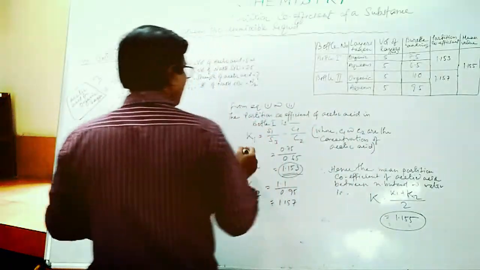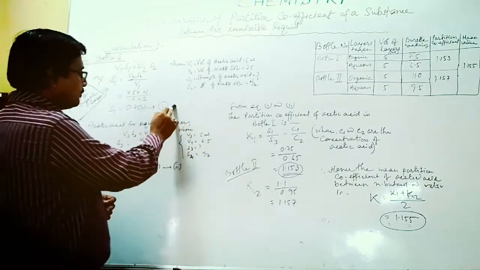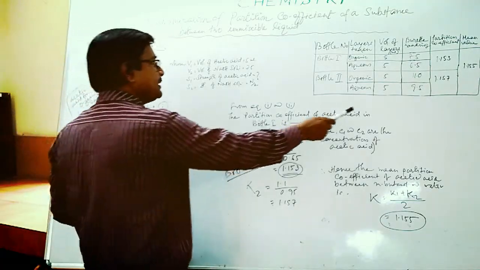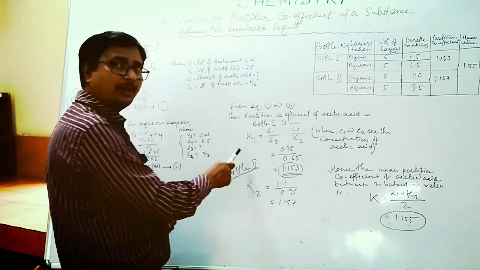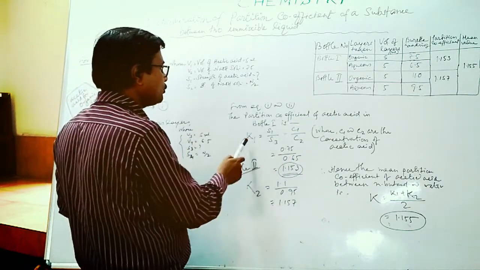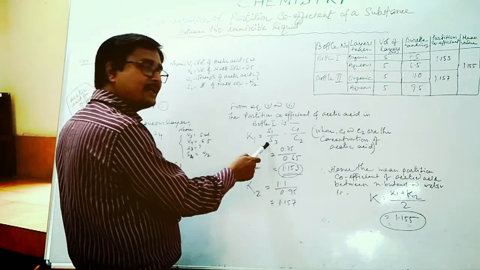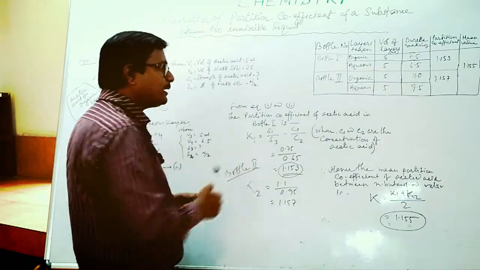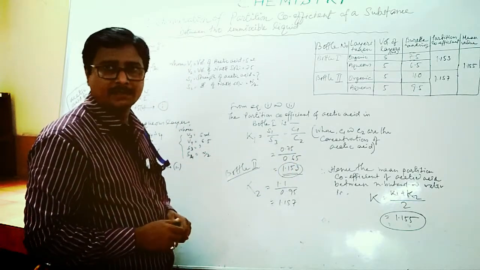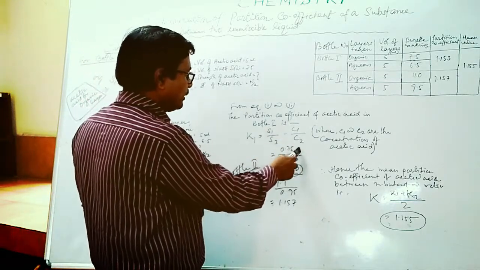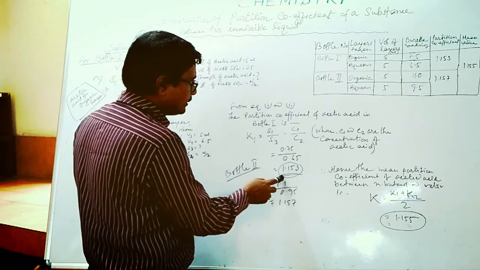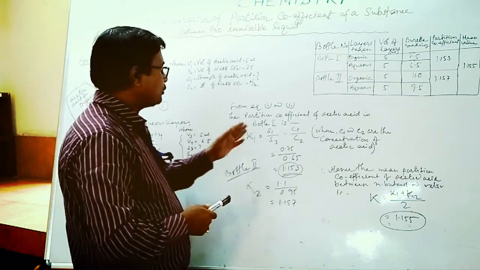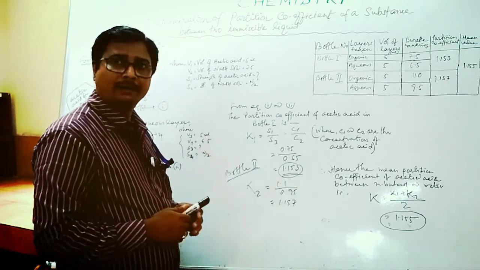Okay. Now next part, that is equation 1 and equation 2. From those equations, the partition coefficient of acetic acid in bottle 1, that is K1, is equal to S1 by S3, organic by aqueous, which is equal to C1 by C2, where C1 and C2 are the concentrations of acetic acid. So whenever you do the calculation, say it is coming 1.153. That is the partition coefficient of acetic acid for bottle 1.